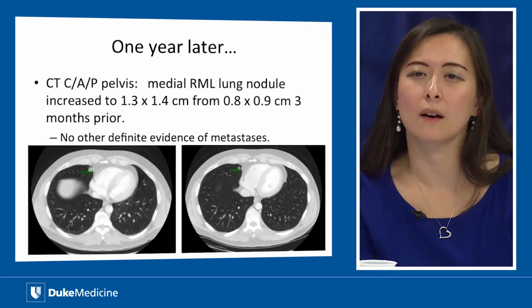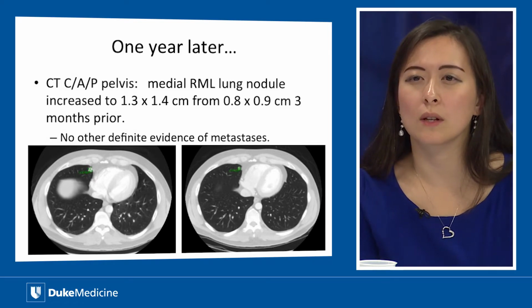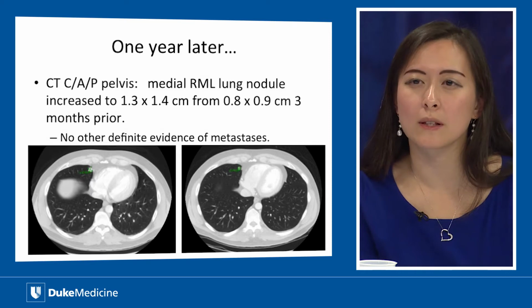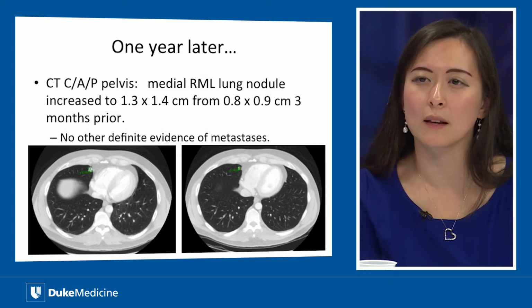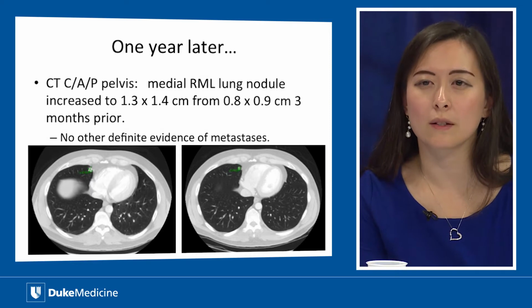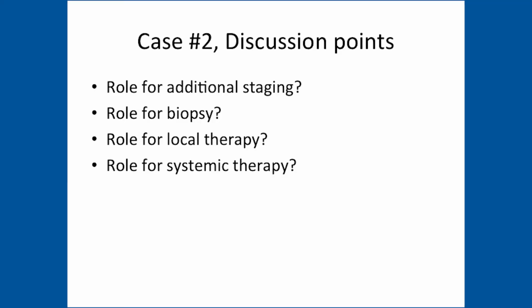1 year later, he was undergoing staging CT when he had a chest, abdomen, and pelvis CT performed. This showed in the medial edge of the right middle lobe of the lung a nodule that was previously measuring 0.8 by 0.9 centimeters 3 months prior, and that had increased in size to 1.3 by 1.4 centimeters. There was no other definite evidence of metastases. So for this patient, we were hoping to discuss additional staging as well as the role for biopsies or metastasectomies at